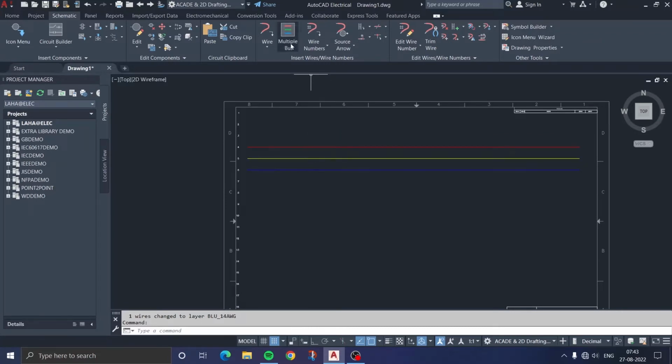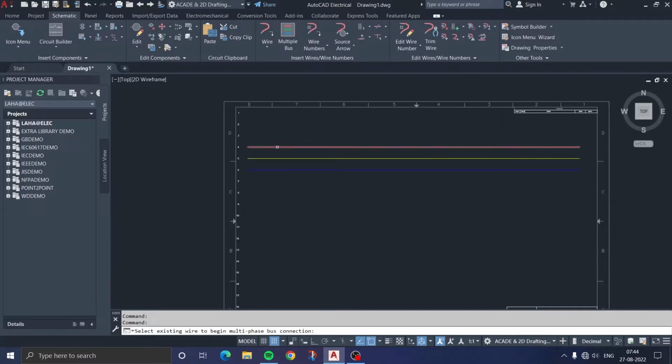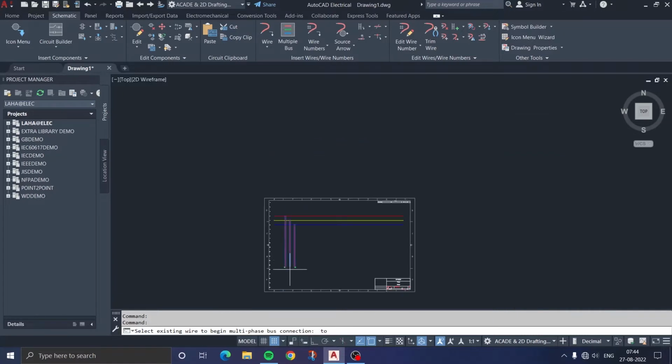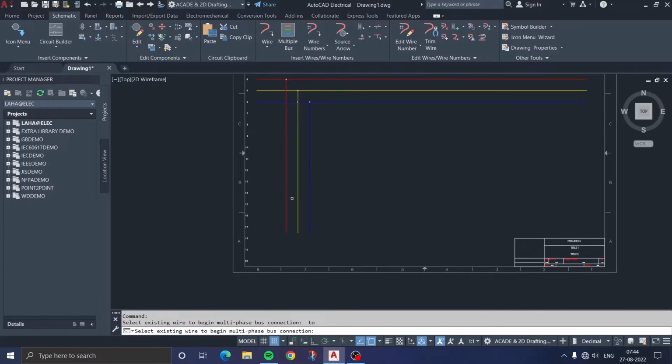Then you have to take another bus, so just click on another bus, press OK, and click on the above line of this bus bar. Okay, so in this way you can make another vertical bus bar. So you can see color is automatically specified. Now you have to add the components. First you have to add the motor,